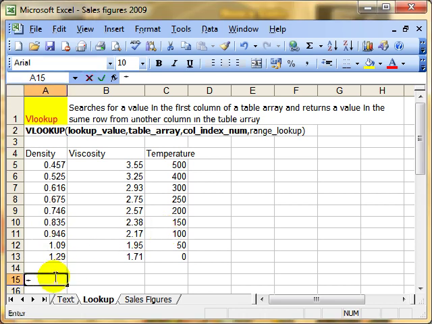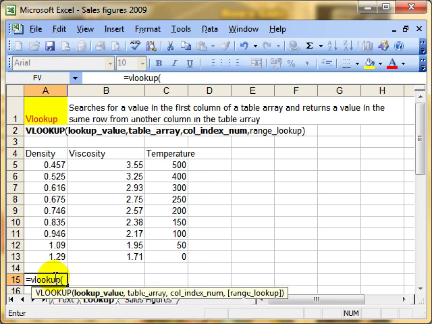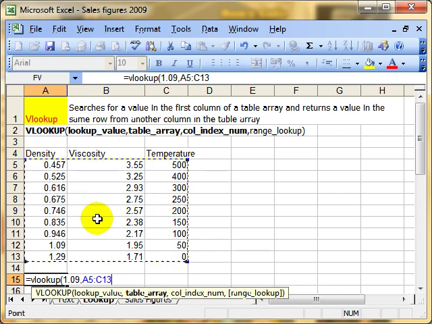Let's have a look. Start with the name of the function as always, VLOOKUP, and open our brackets so we can get our screen tips. The lookup value is which value it is we want to look for. I want to look for the value of 1.09. I'll type in 1.09. We'll work out how to use it with cell references later. I want to look up 1.09 in this first column, comma. Where's the data? That's what table array means. The table array data is this data here that we're using to find our information and return our information from,